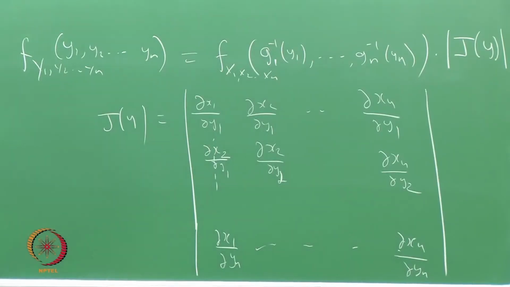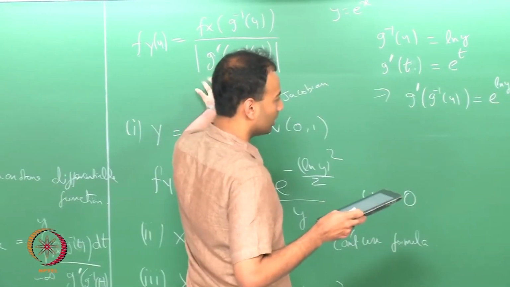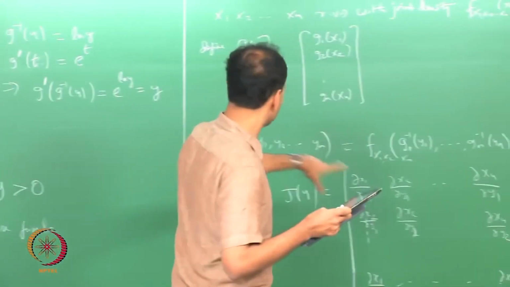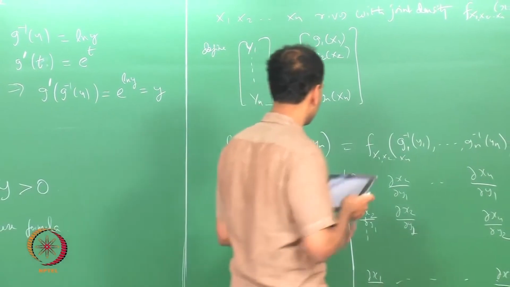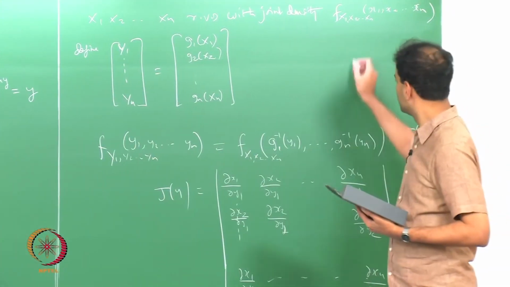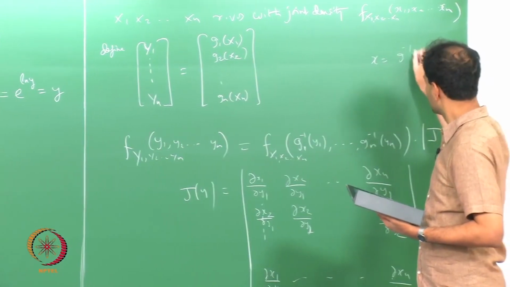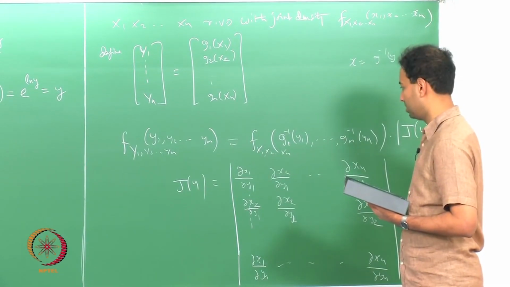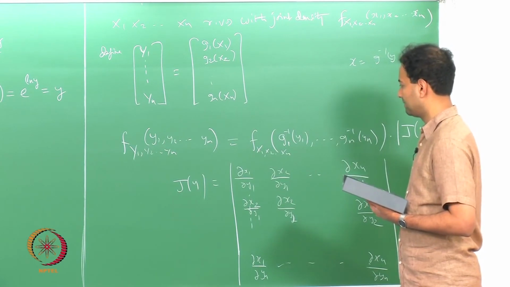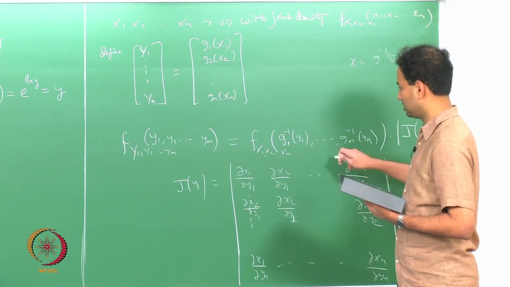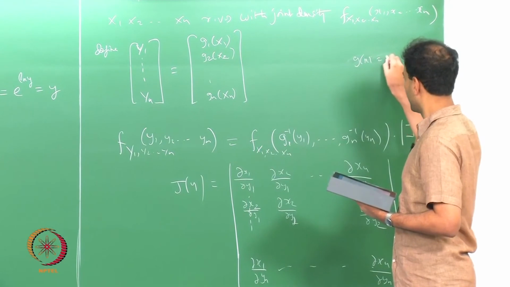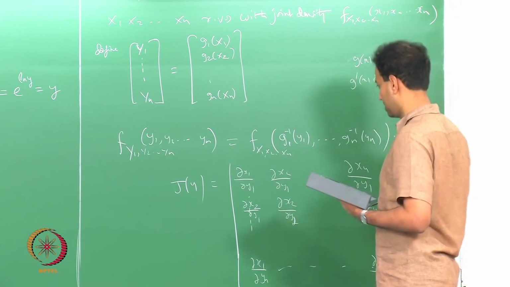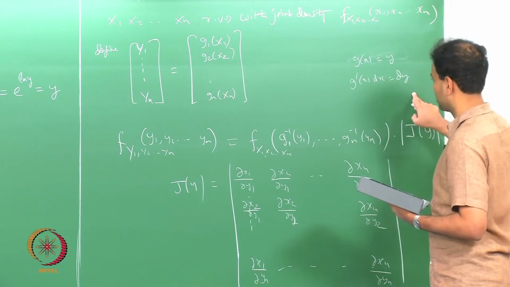So, does this agree with what I wrote here? So, this guy is in the denominator. So, the Jacobian of y with respect to x and x with respect to y are just inverses of each other. Okay. So, I am just wondering if this and this are consistent, right. So, if you have just one function here, you have x is equal to g inverse y. So, g x is equal to y if you have just one function, and you will have g prime x dx is equal to dy,